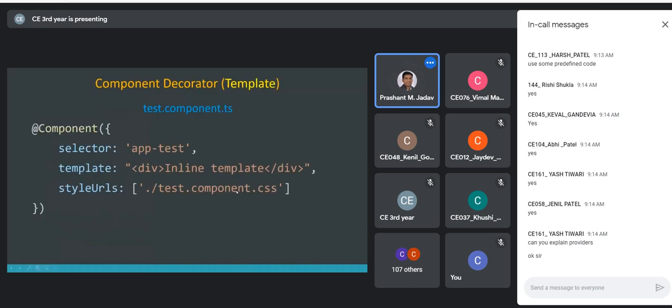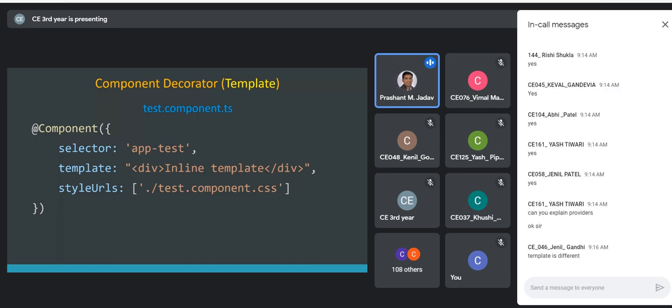Now can you open this test component file? The default code will be there. The default code will have the selector named test.